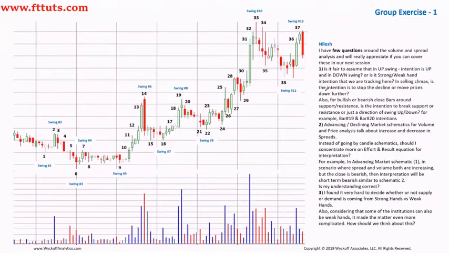In a selling climax, is the intention to stop the decline or move prices further down? Okay, so I see how the strong and weak hands come about with the selling climax, and that actually makes sense to me. Yes, so behind the climactic action, we might be thinking that the intention for strong hands is to stop the downtrend, although there is no,